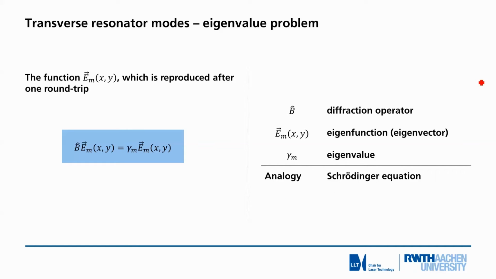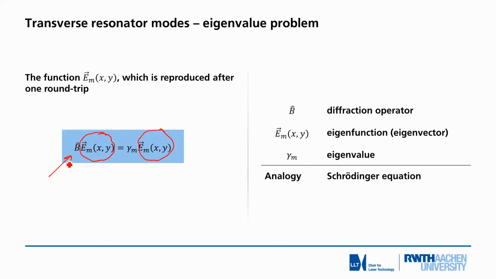If we now look at the theory of resonator description, we use a trick. We ask for such solutions that by definition are stable in that resonator. On the left-hand side you see the general formulation of an eigenvalue problem. In this eigenvalue problem you see the same function E_m of x and y. Same thing. So we have a certain operator B.